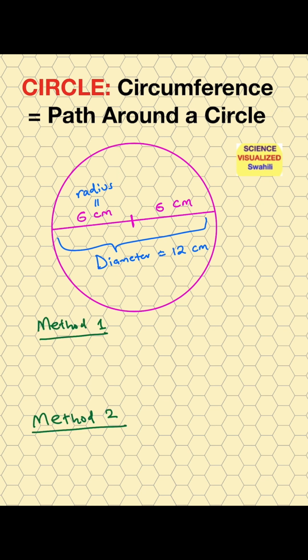Now there are two methods that we can use to determine the circumference of this circle. The first method is pi d. That means you take pi times the diameter, and pi is 3.14 times the diameter, which is 12 centimeters, and the answer for that is going to be 37.68 centimeters. Alternatively, you can use pi equals 22 over 7 times the diameter, and the answer for that